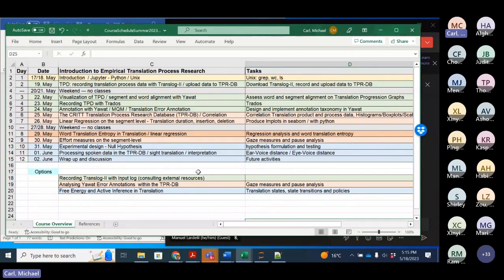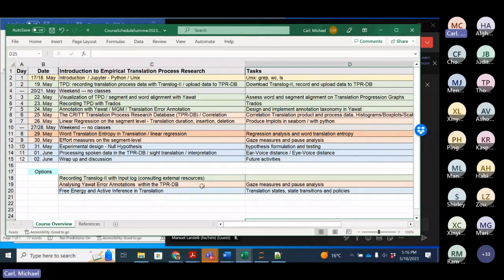It logs all the keystrokes. So if one has these two devices running concurrently, then in the InputLog log we know which parts were inside the tool and which parts were outside. There's a small program to merge this, so that if a translator goes outside Translog or Trados, all these keystrokes are logged too, and we can recover what the translator does outside the tool.